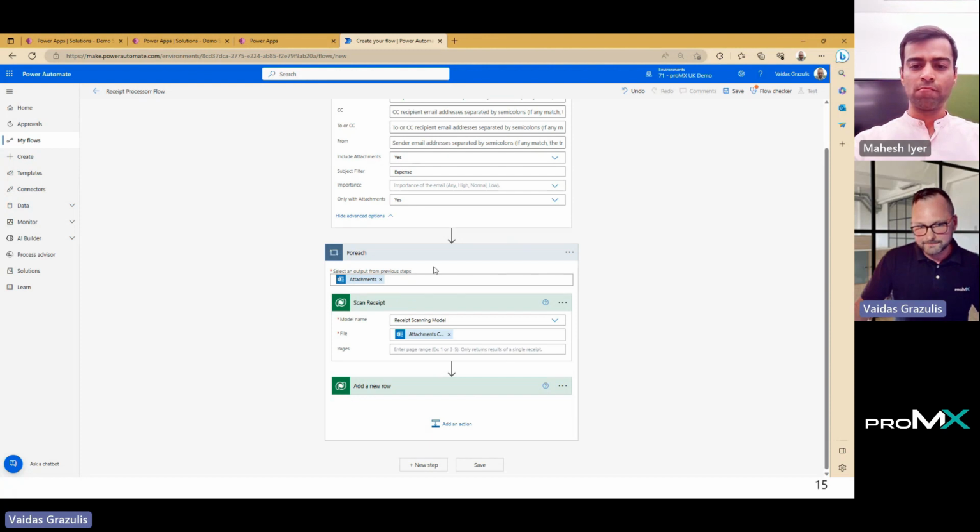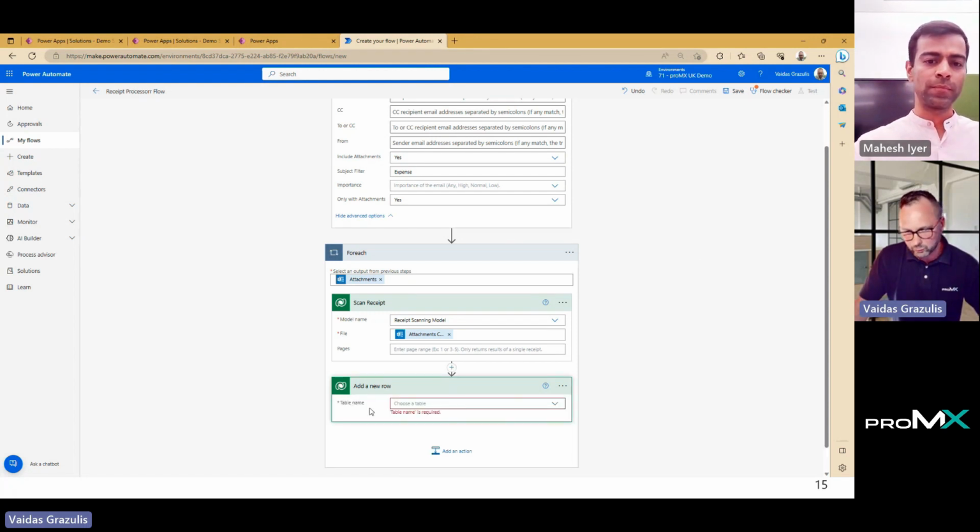Great, and the second given action is suggesting that we want to store this information somewhere. So it's a step of adding a new row in a Dataverse entity. If I click this, once again, it asks me to choose the entity or table in which this information should be stored.